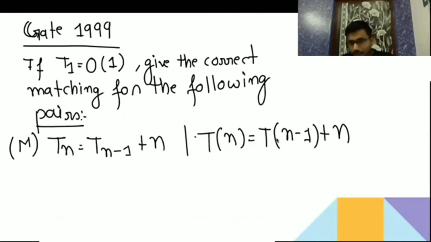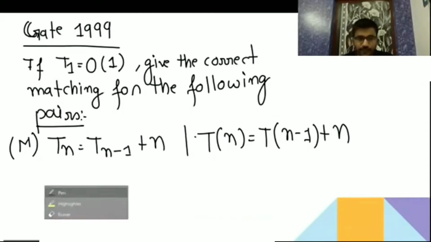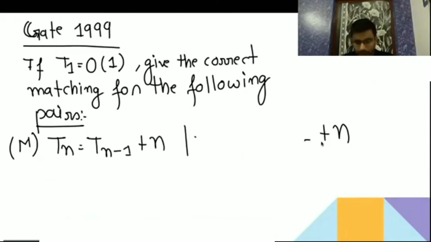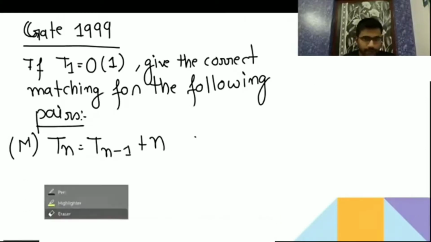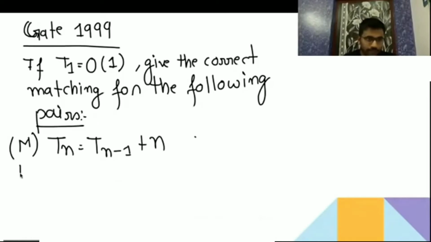So this means this. Okay, that T of n is a function of n, then it is equivalent to T of n minus 1 plus n. Okay, am I clear? Please let me know whether it is clear or not. So this is your M. There they have given the N. Here they have given N, which is T of n by 2 plus n.